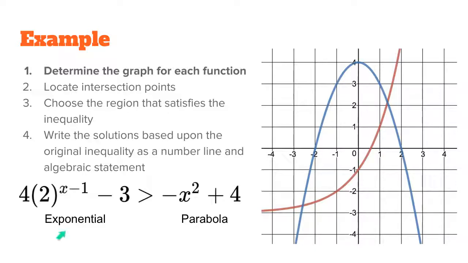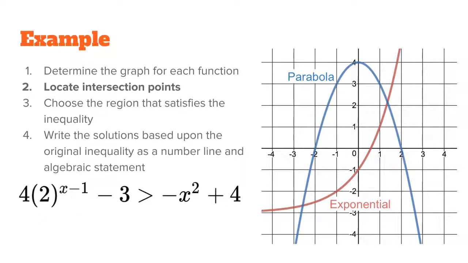And so here we have the exponential, parabola, and we already know which graph is which, as we've talked about before. But just to verify, this is our parabola graph in blue, and the exponential is in red. Next, we have to locate those intersection points. And so they're obviously where the graphs intersect, so you could use your graphing calculator to find those intersection points, whatever graphing tool that you use to find them. And so here we have negative 2.58 and negative 2.67 as our coordinate point down here,